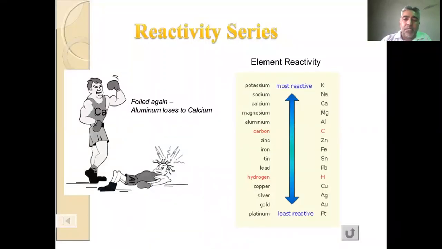Then the reactivity series. The elements shown in the reactivity series are: potassium is the first, the most reactive element. Potassium, after that sodium, calcium, magnesium, aluminum, carbon, zinc, iron, stannous, and then hydrogen. Below hydrogen are the least reactive, and the least reactive is platinum. The least reactive element is platinum and the most reactive is potassium. Potassium and sodium are metals which can be cut with a knife. They are not as solid as copper, iron, etc. Here platinum and gold are the least reactive.